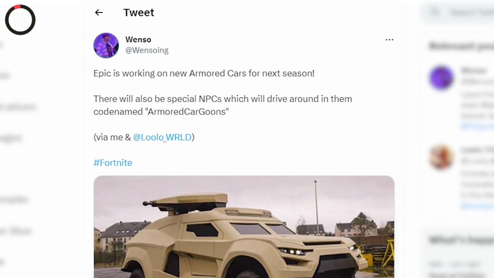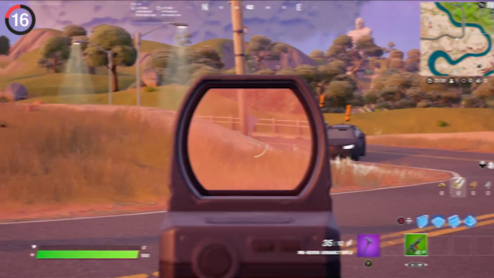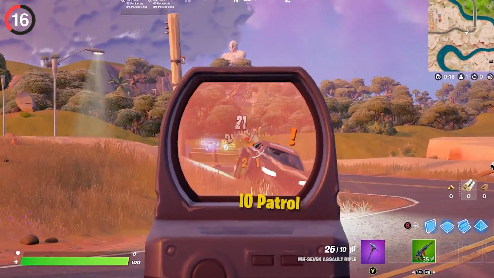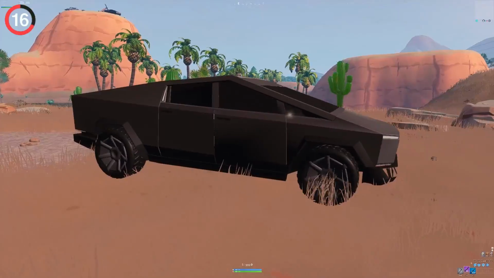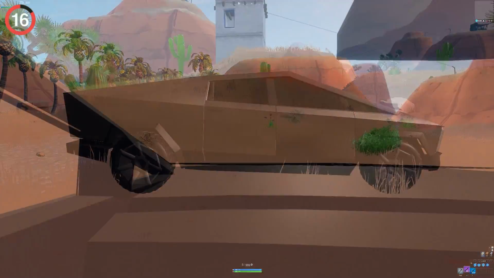For now, the vehicles you should look out for are armored cars. These are henchmen that'll patrol the area looking for people to shoot at, but if you kill them, you can steal the truck for yourself. An armored car sounds insanely useful for doing challenges or driving around in the final storm, but I prefer to